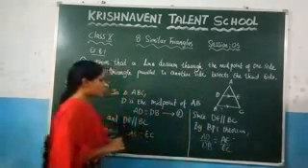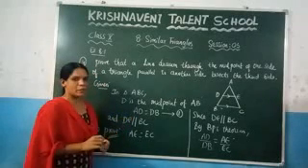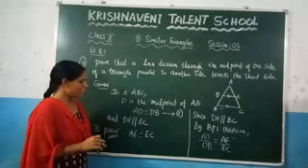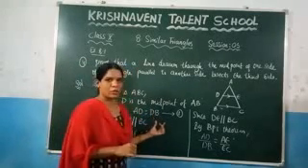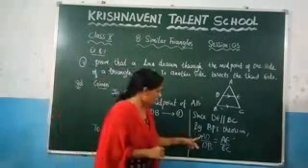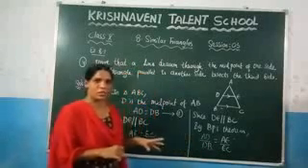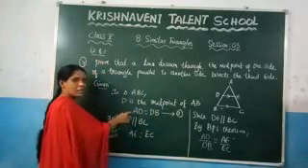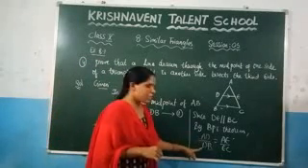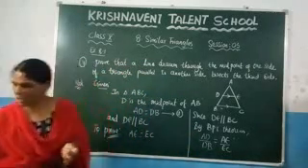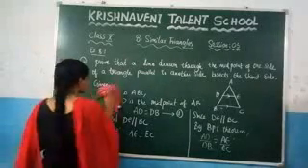Now here, what they have given here, D is the midpoint of AB. So here, what is the D is the midpoint of AB? That is nothing but AD is equal to DB. So here, in place of AD, you can write it here DB, because you know that D is the midpoint. That means here AD is equal to DB. In place of AD, you can write here DB. So I am changing this one.